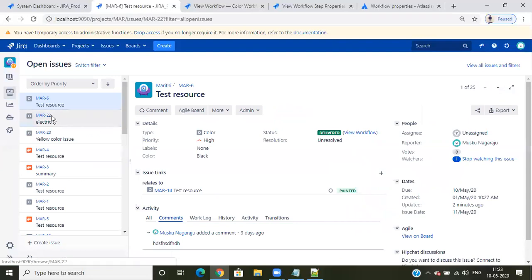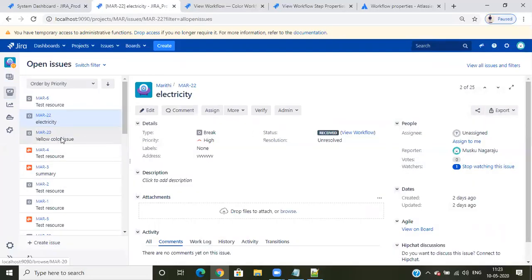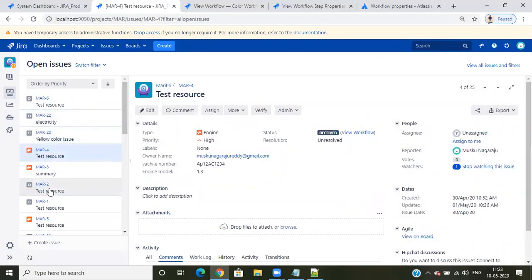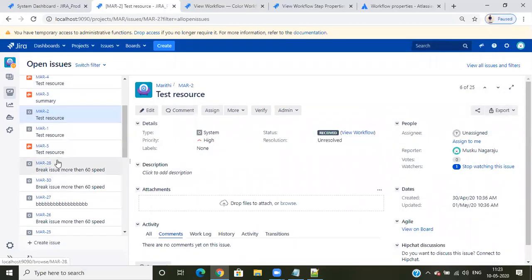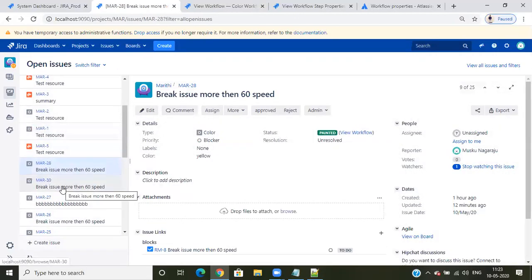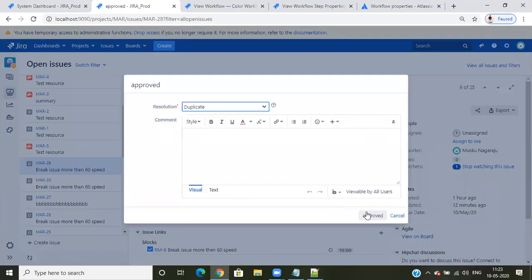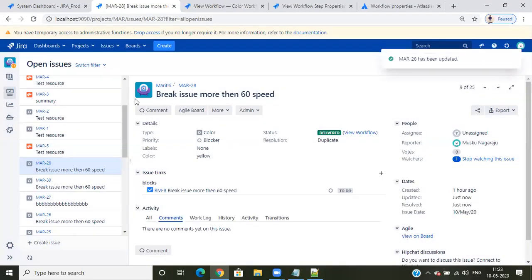We cannot edit it. Let me verify the color painted field. When I click on approved, duplicate, approved, it cannot be edited.